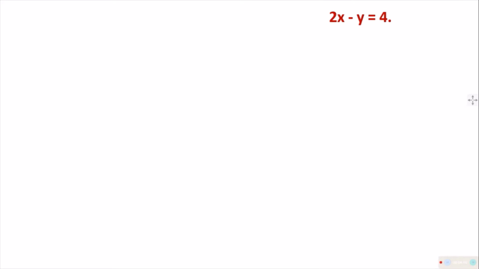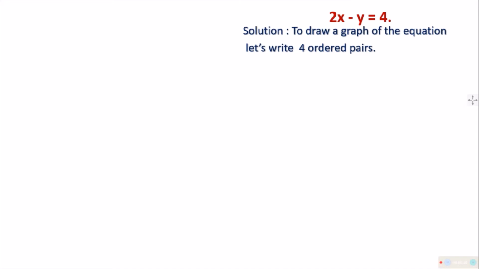This is a linear equation. Understood? This is a very simple linear equation which tells 2x minus y is equal to 4. So my first attempt will be to place this linear equation on a graph paper. To draw this on a graph paper, you need to write it in ordered pairs. What is meant by ordered pair? This I should explain to you first. Please remember, at least 4 ordered pairs are required. Pair, you know, will be sets. Here the set is the x and y axis sets of a graph.